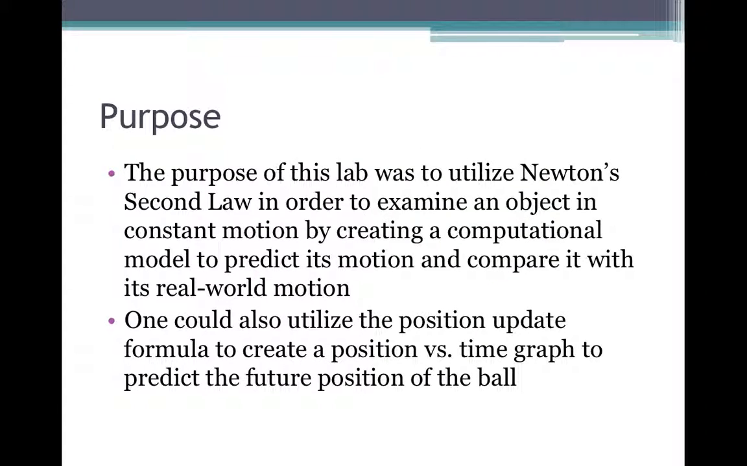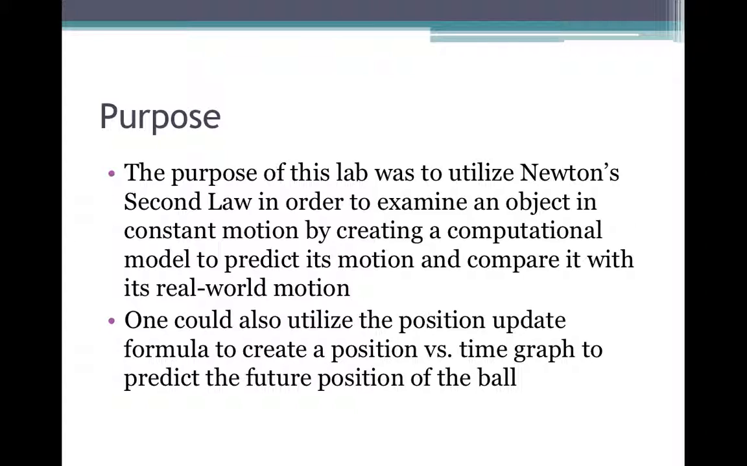The purpose of this lab was to utilize Newton's second law in order to examine an object in constant motion and to create a computational model to predict its motion and compare it with the real-world results. One could also utilize the position update formula to create a position versus time graph to predict the future position